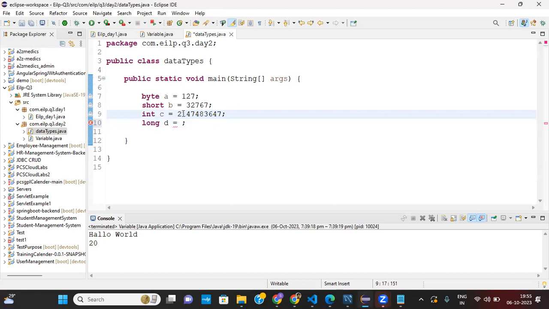For example, if you are storing client IDs, how many clients are there? It is very huge. So we use integer in normal production.